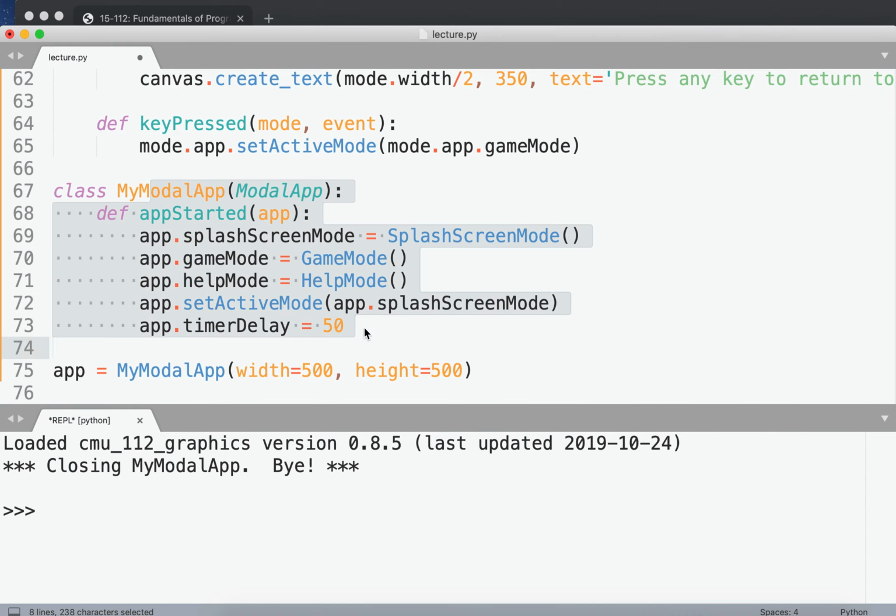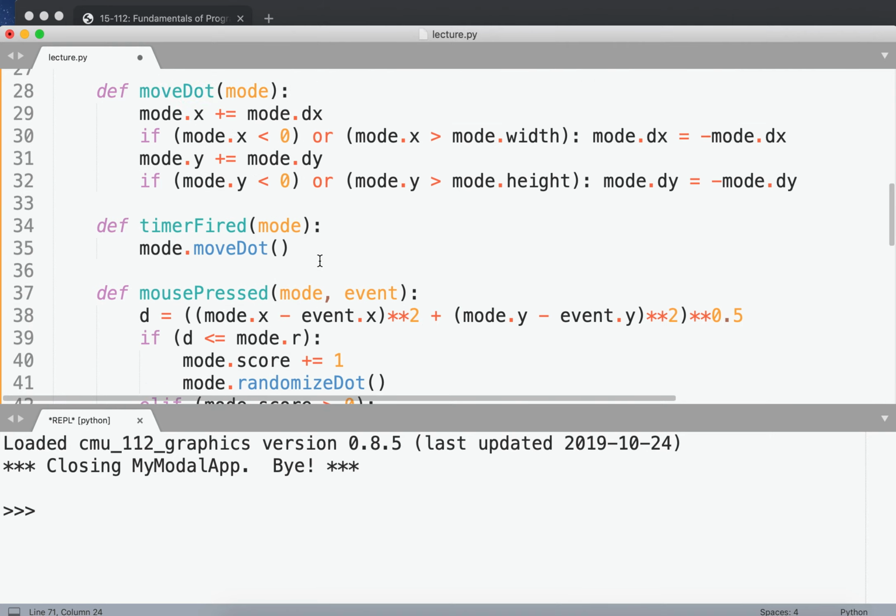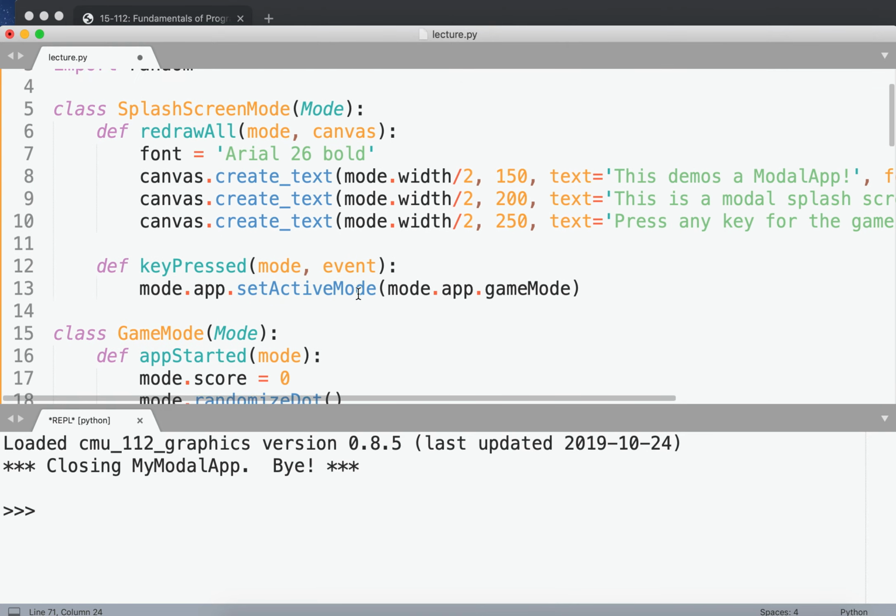So when you create a modal app, you create 4 apps in this particular case. You create the app itself that houses the modes. That's the modal app. And then you create each of the modes, which themselves are apps. Cool. So now we can go back up here and we understand a little more what's going on, because inside